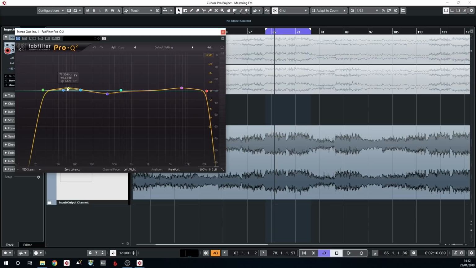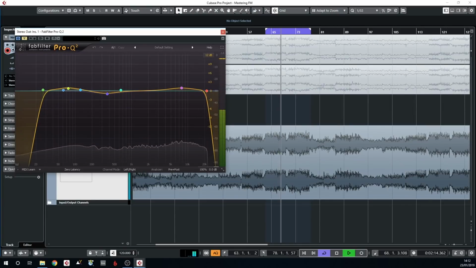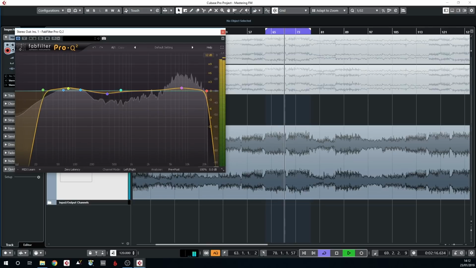And in this particular instance, that kind of low 75 area is giving a bit of a hump. And that's not doing anything particularly major, it's just a very basic shape that's starting to pull the record into the place that we want. Next stage,